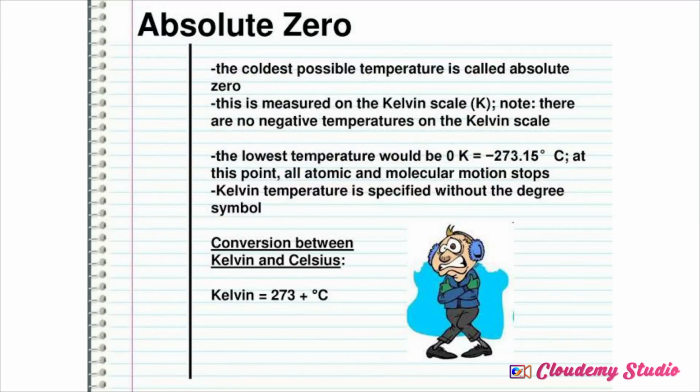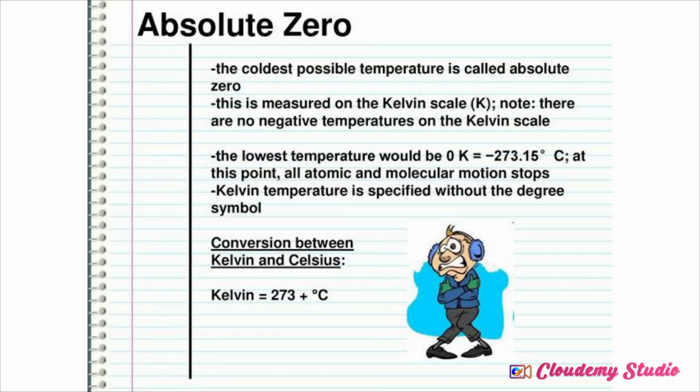Another important thing you should know is what we call absolute zero. This is the lowest possible temperature, measured on the Kelvin scale. I told you we have Celsius, Fahrenheit, and the Kelvin scale. So basically, it's the lowest temperature. One thing you should know is that